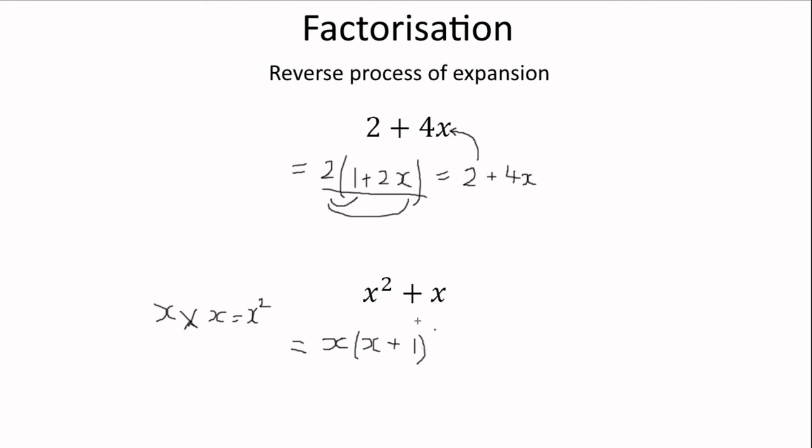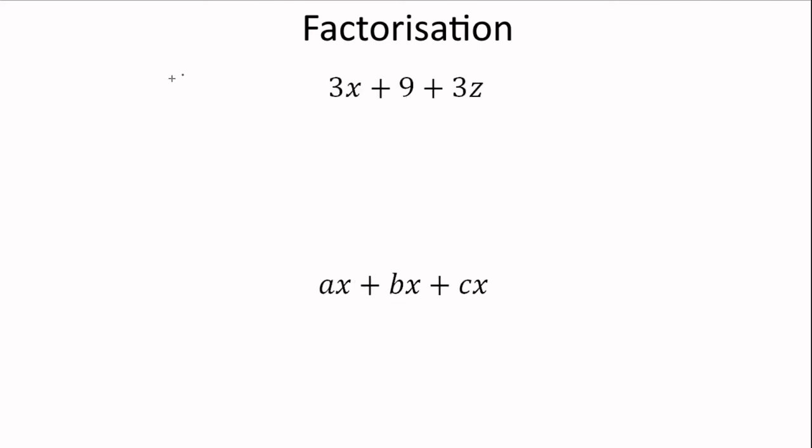So again, to check if this is correct, we do x times x, which is x squared, and x times 1, which is x. So x squared plus x, and that's exactly what we get right there. So that is factorized, and that works. So the final two